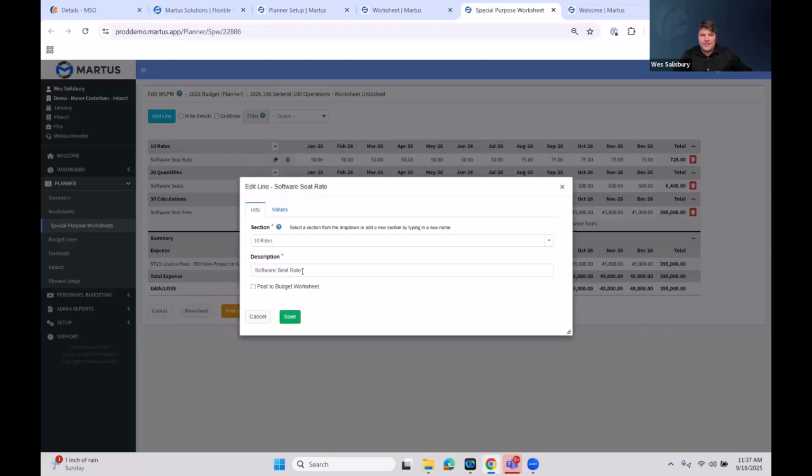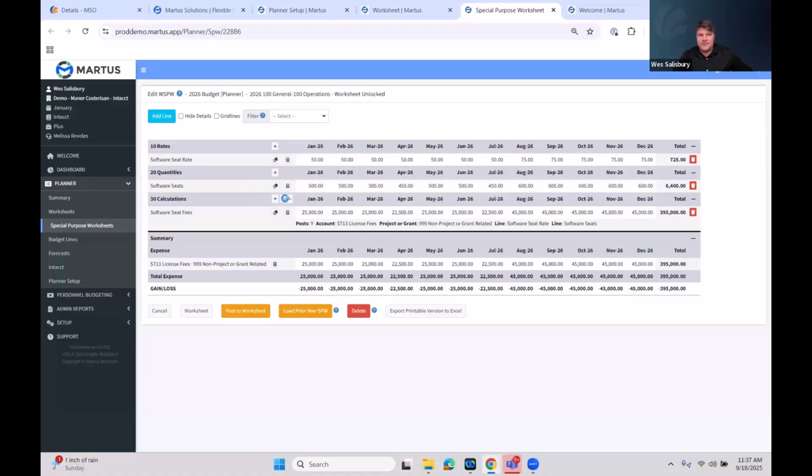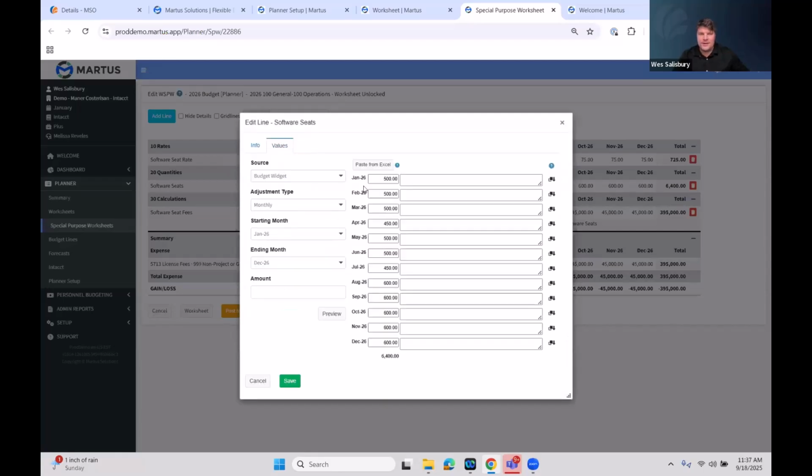I just have this basic line that says software seat rate, and I just punched in these values right here. And I can change the values by going into this values area here. And same thing for software seats. I go in, I create a line that says software seats. And in the values area here, for each individual month, January through December, I say this is how many seats we're expecting to have. One thing I want to note, I'm not going to change this, but